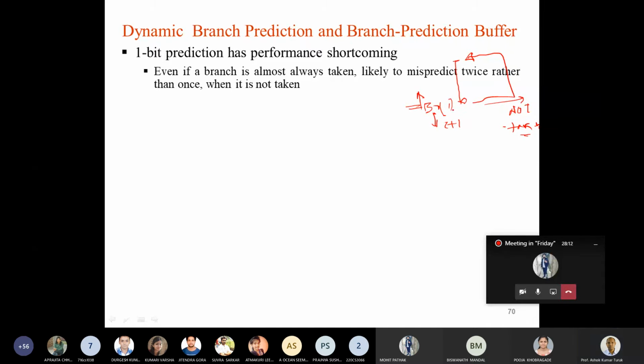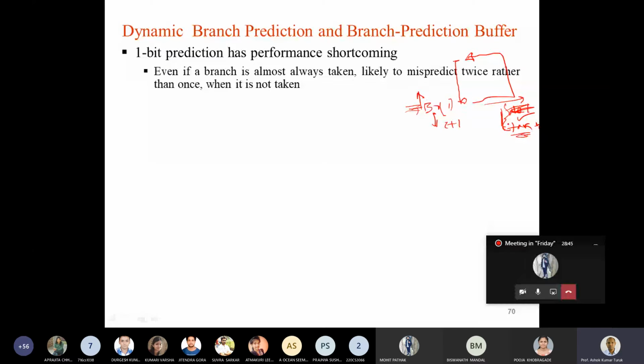Now you execute another branch instruction where the lower order address bits of this branch and the next branch are also the same. So the lower order address bits map to the same entry, and what is the information it contains? The information says the branch is not going to take place. But since the branch is going to take place, a miss occurs here. The outcome of the branch will be taken, so it will flip the bit and store it as taken. So it will be executed in the loop.